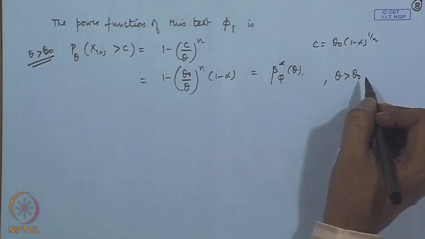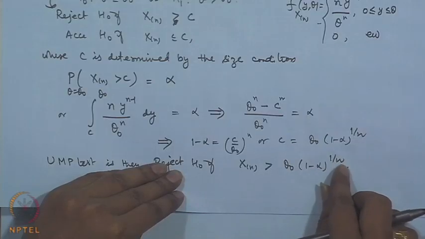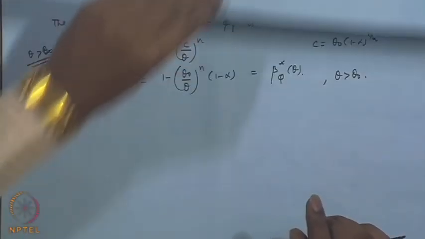Here I will also like to give one example. See, we have derived using the theorem which I gave in the last class, that is for the families with the monotone likelihood ratio, the UMP test has a particular form for the one sided testing problems. Now, using that we are able to exactly derive the form of the UMP test as this x n greater than theta naught 1 minus alpha to the power 1 by n. Let me call it phi 1.